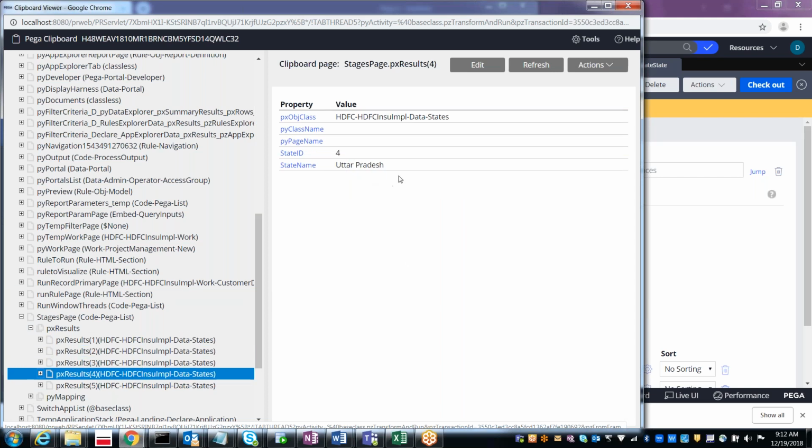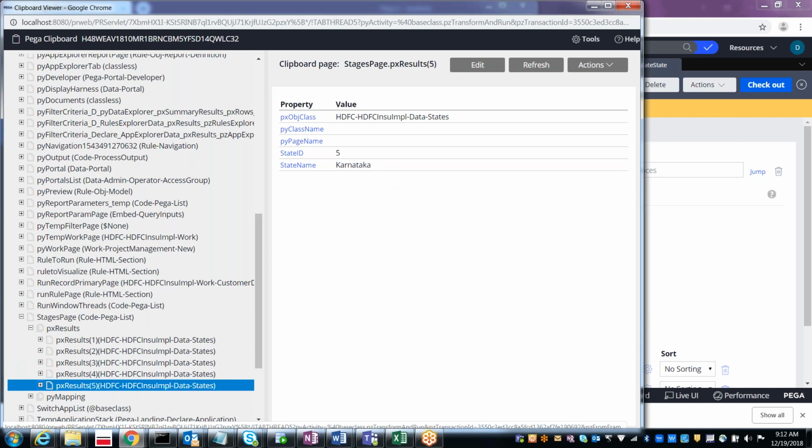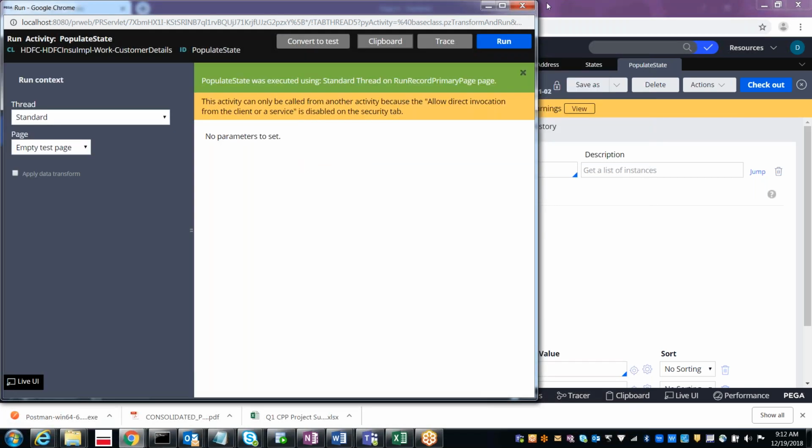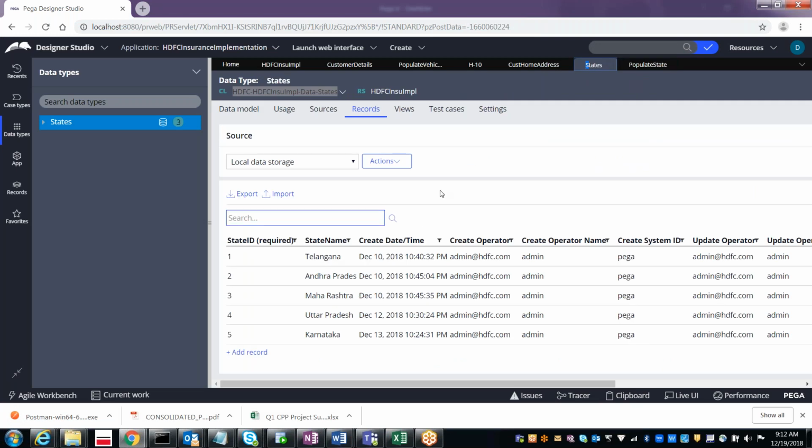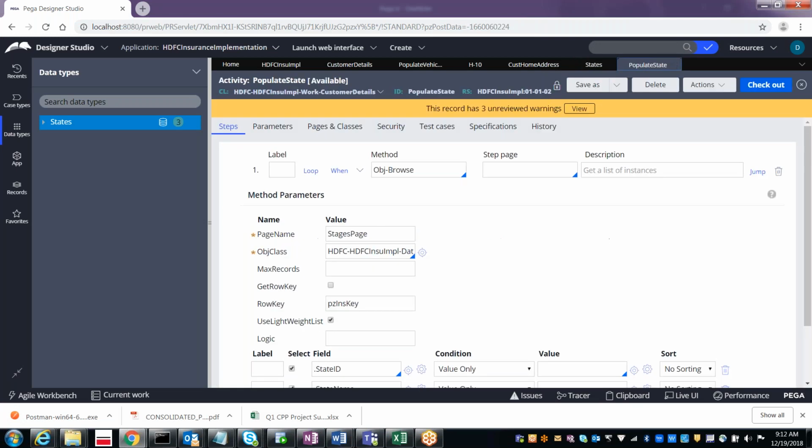State 4, Uttar Pradesh. And then 5, Karnataka. Got it, right? So we got a new state page with all these values. These values are coming from this data type, and from this data type we have populated the states page through the obj browse method.